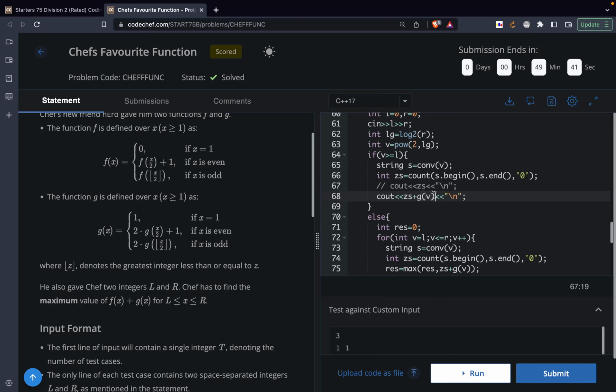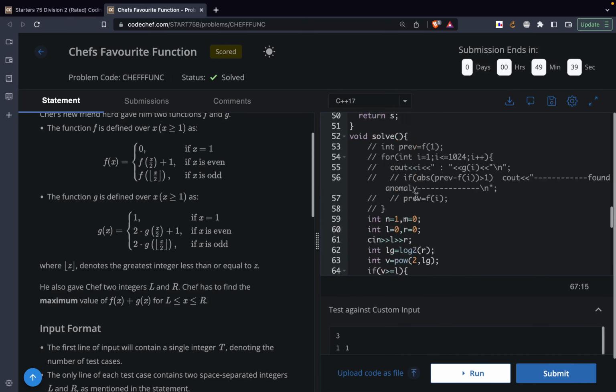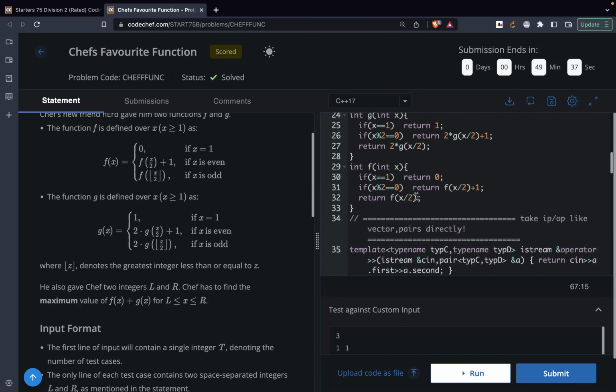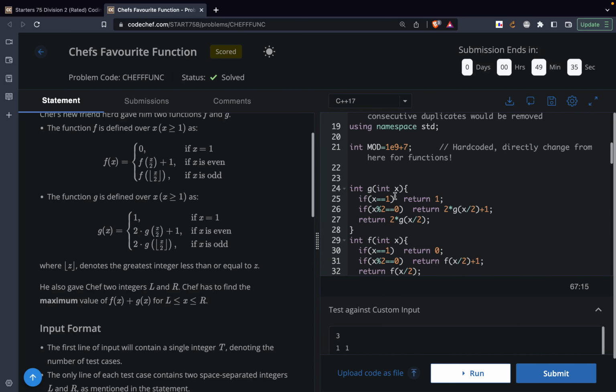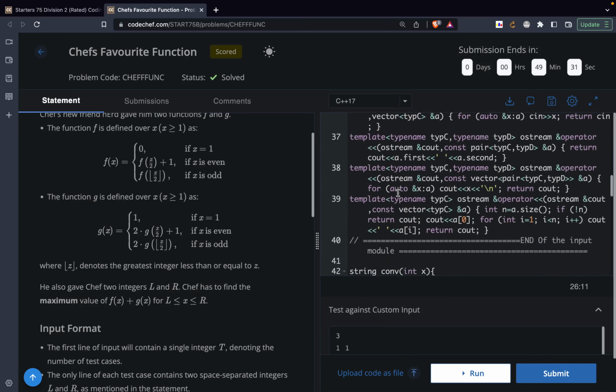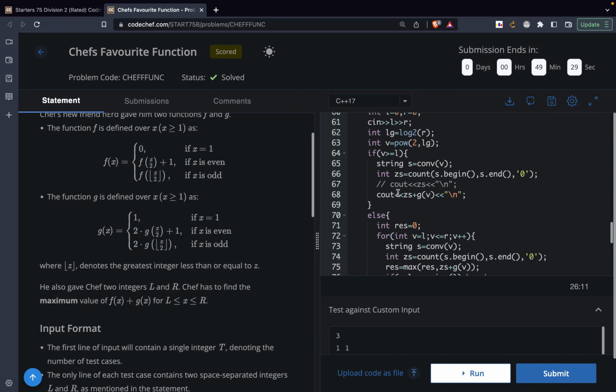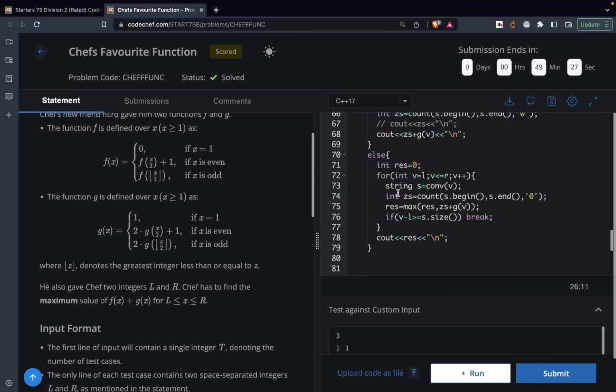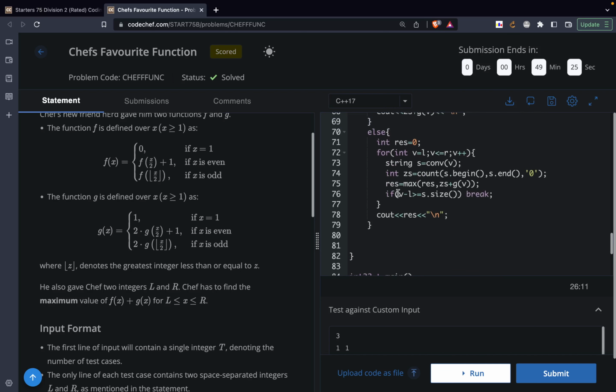Now there's an easier way to calculate g of v, but because of the constraint I actually wrote the function itself. So this is where I've written the function. This is g and this is f. This is a logarithmic function also, so I'm not worried about the constraints. Cool. So I'll be adding it. After that, I'll say that if that's not the case,